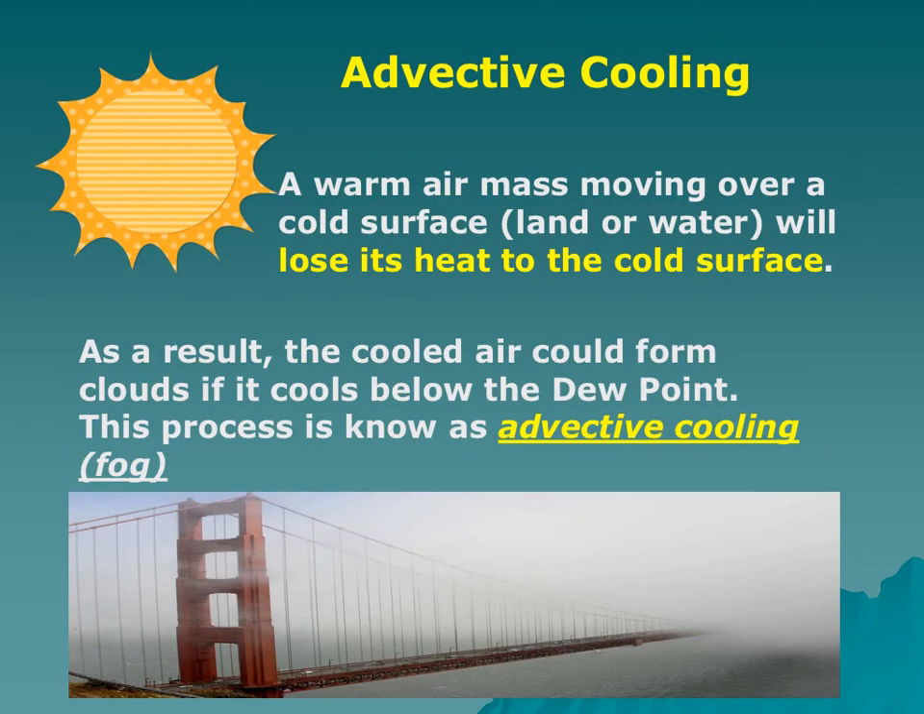Another type of cooling that can happen to the air is called advective cooling. We'll talk about this more when we talk about fog. But that's when warm air moves over a cold surface. It could be warm air over a lake moving over cold land, or cold air over land moving over water. And that's the reason we have a picture of the Golden Gate Bridge